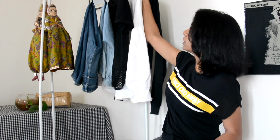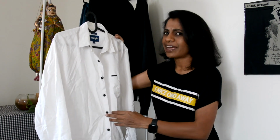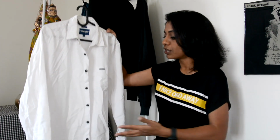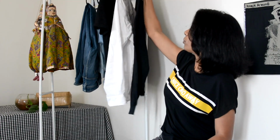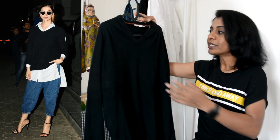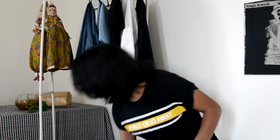Then for the top, she's wearing a white shirt. This one is Krishna's shirt. I have one white shirt with white buttons, but that one is exact size to me. I wanted a longer and bigger shirt, so I'm going with this. I'm ignoring the black buttons. It'll work with this. On top of that, she's wearing a black sweater, so I'm planning to wear this plain black sweater of Krishna's. She's wearing some sunglasses. I'm planning to wear these aviators. These are again Krishna's. So basically the second outfit is completely from Krishna's wardrobe,